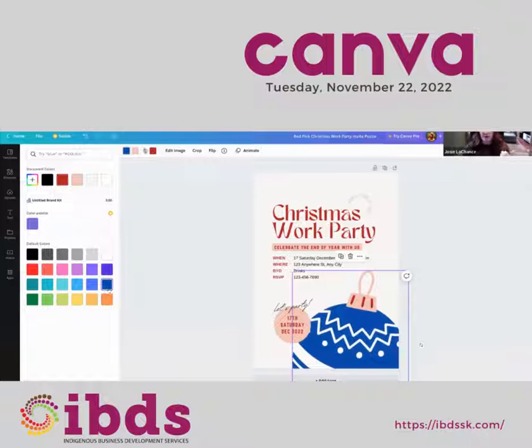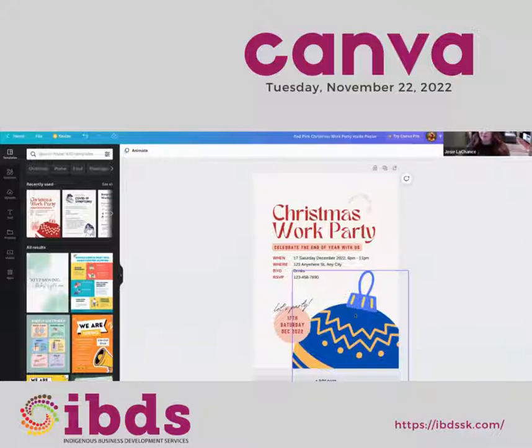Well, I can adjust this to make it whatever kind of colors that I want it to be to fit with my theme. So there are some really good templates for free. This is a free one that you can just sort of update and change.